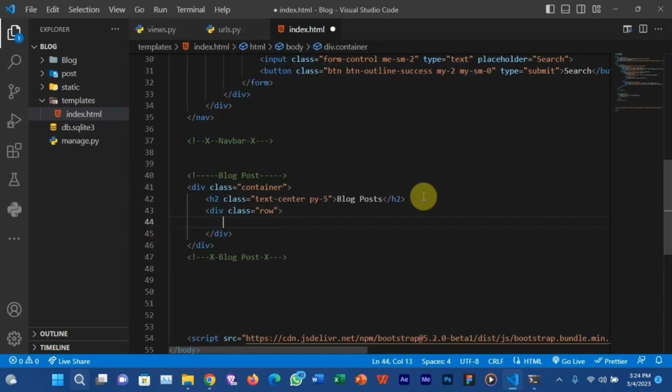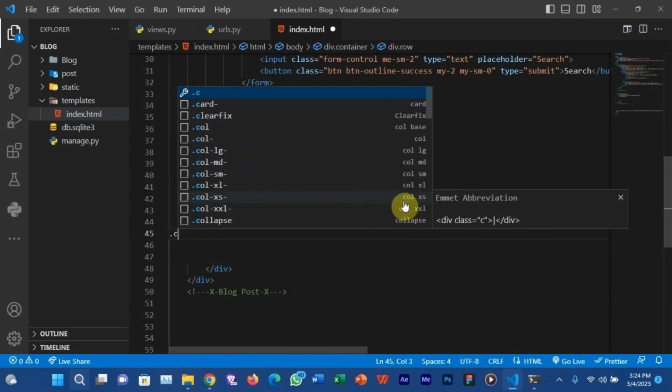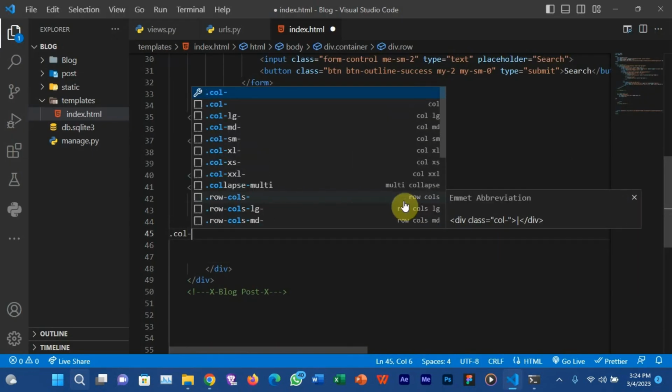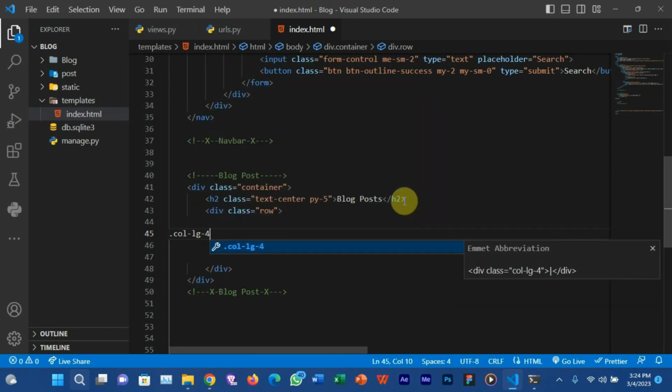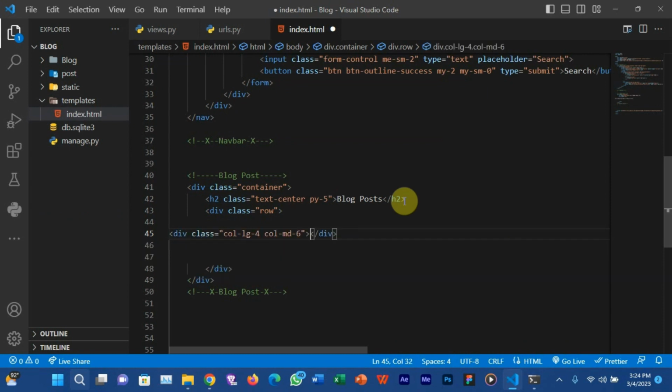And then you can use a row to render your blog posts to the screen. With row, you need to specify the columns you want. I just want 3 columns, so col-lg-4, and then col-md is just for medium screens. I need 2 blog posts. You can choose to specify for small devices as well, or you can just get rid of that, because Bootstrap automatically does that for you.